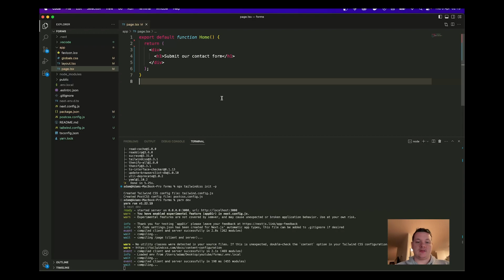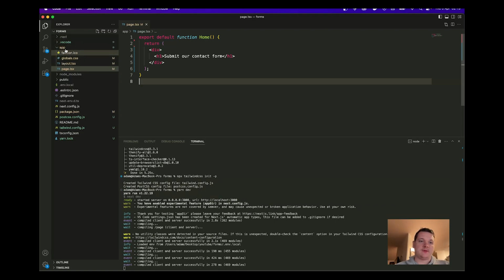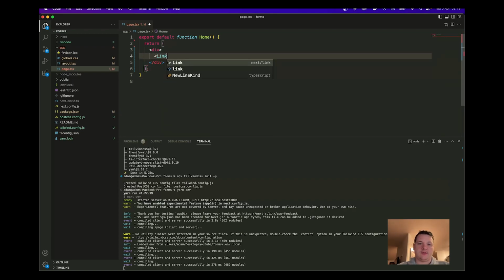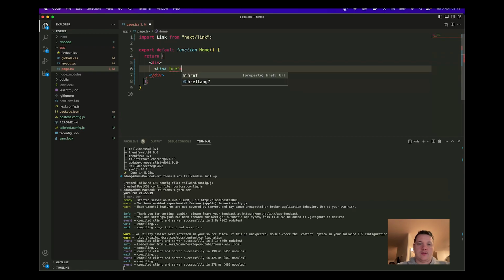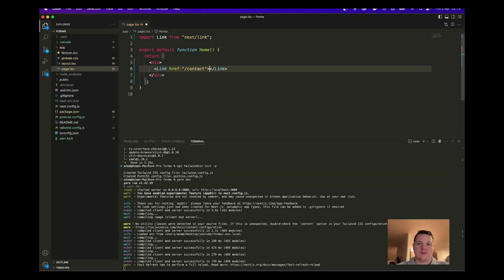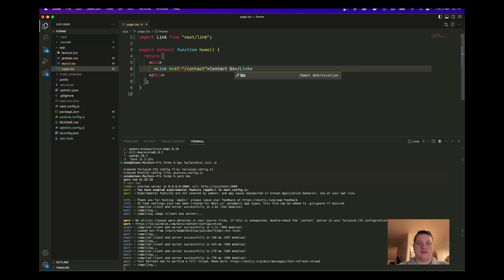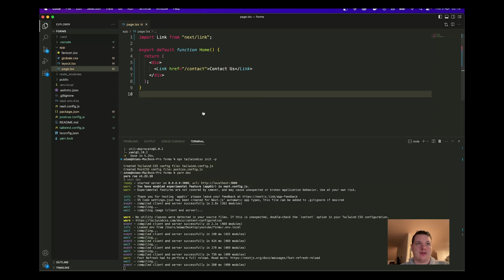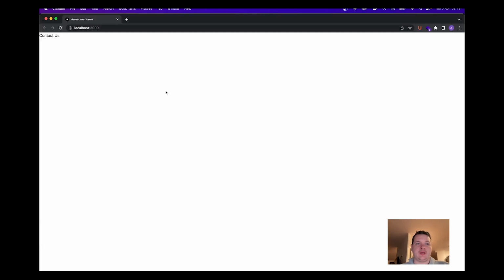So we're using Next 13. I will use the app directory. It doesn't really matter for this. I don't think there is going to be too much of a difference in what we do. But we have our home page here. So let me just start with, let's do this properly, and let's add a link to a contact page. I was going to say contact us, and I have just set up a real basic